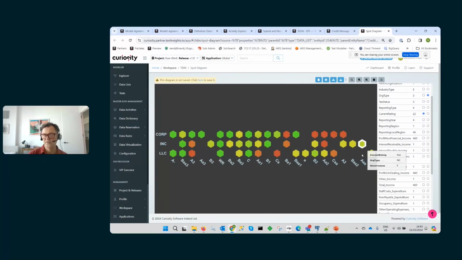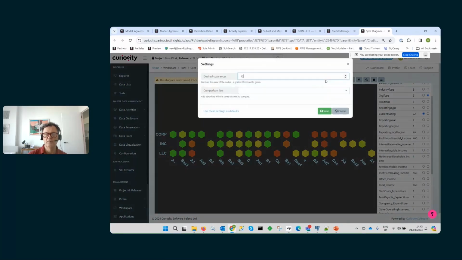Now, that's quite interesting because obviously that shows us the gaps, and you might want to say, well, I just want to fill in the gaps there, maybe to use some data-driven testing and automation to populate these types of variations. What you can also do is compare